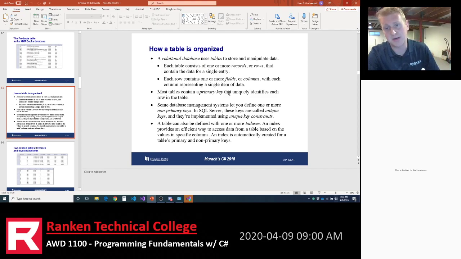Okay, the next bullet talks about constraints. We've already talked about that. And the last bullet talks about what's called an index on a database. An index on a database is just like an index in your book. If you want to look up something quickly in a physical book, you go to the index and you look it up. Say, oh, this is on page 500. So you flip to page 500 and you're able to look things up faster. Databases have what are called indexes, and it helps the database retrieve information faster.